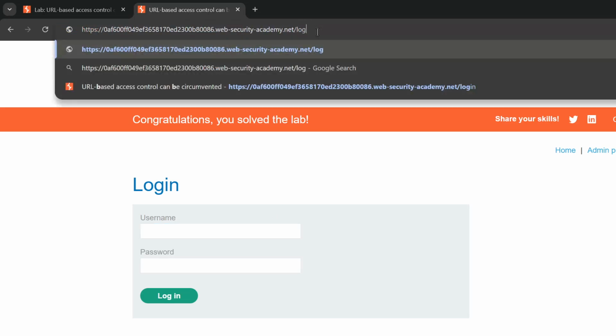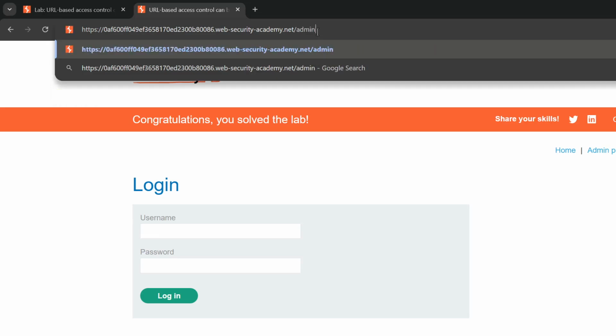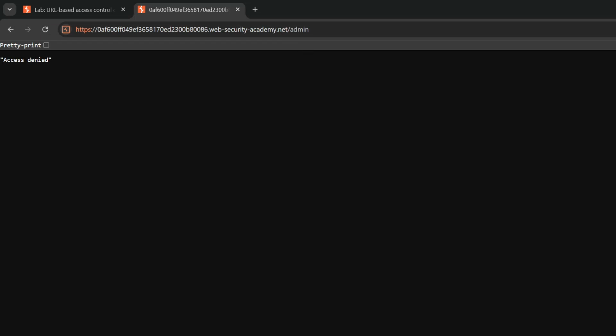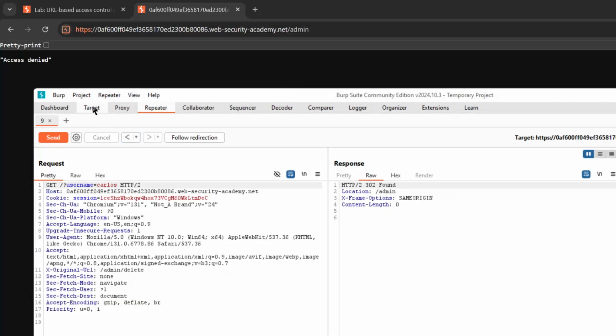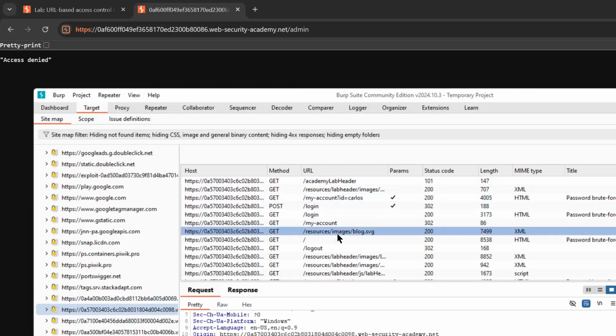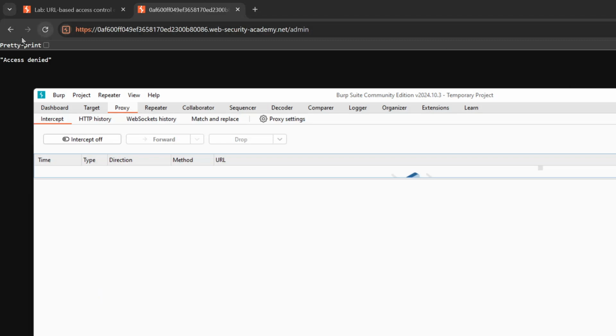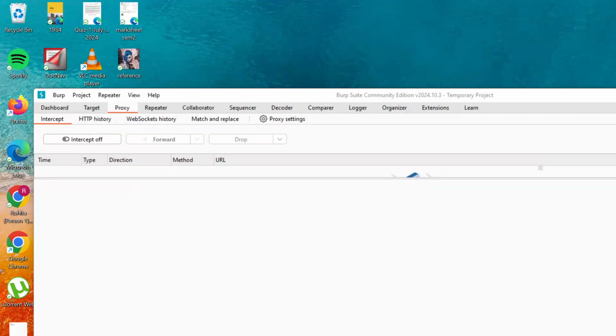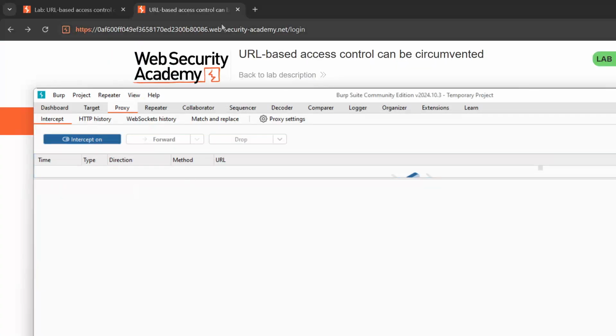Basically, once you've captured the request for /admin, you'll see that you're not allowed to. So you go and you find the request for /admin, which for some reason I wasn't able to capture here, which is why I had turned on intercept before to capture that request. So I'm going to turn on intercept and then